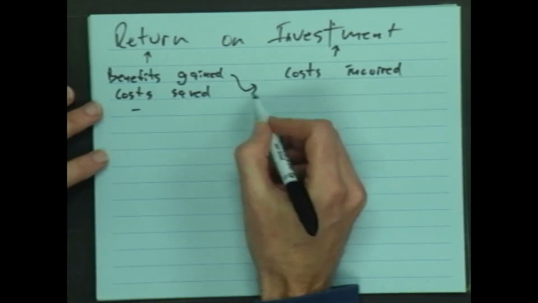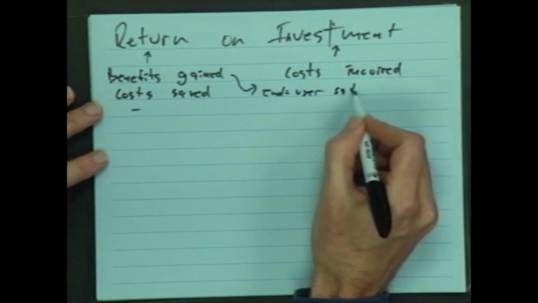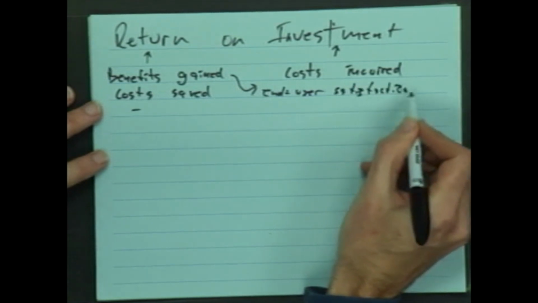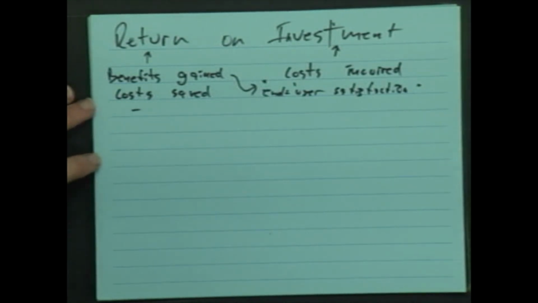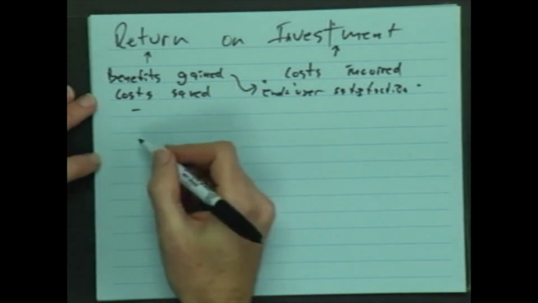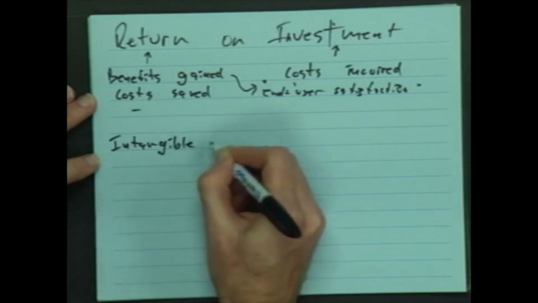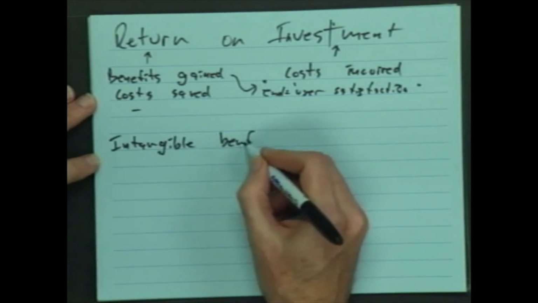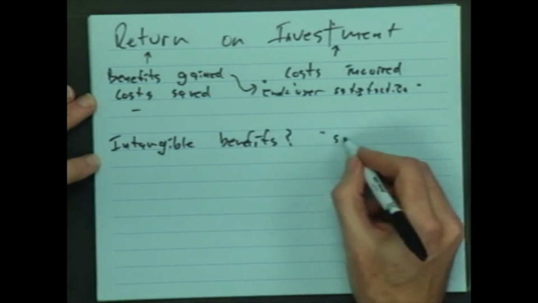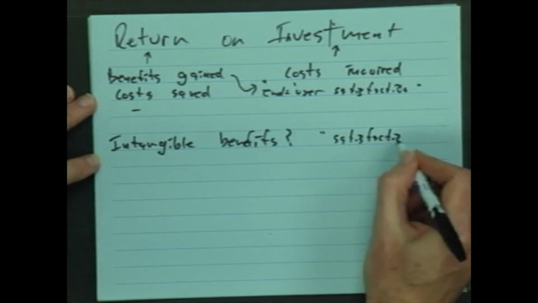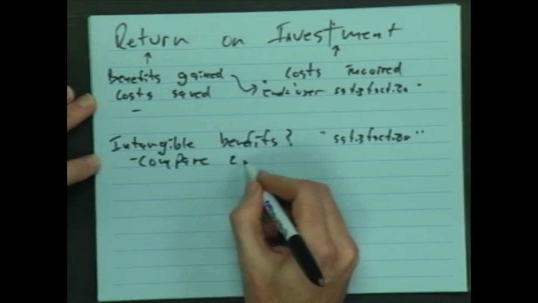Okay, that would be sort of here. End user, and that is okay. Let me just talk briefly here. If we're going to say end user satisfaction is the benefit gained, those are called intangible. So if you only have intangible benefits, normally you're going to need to compare basically two options.